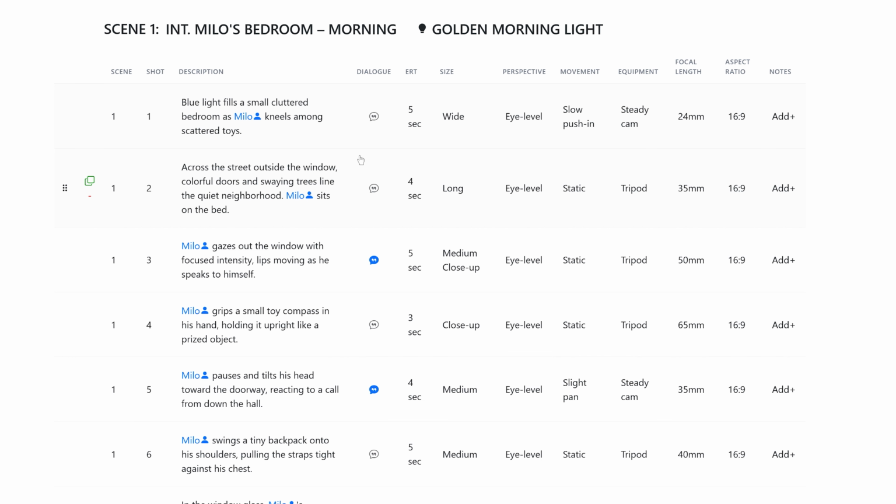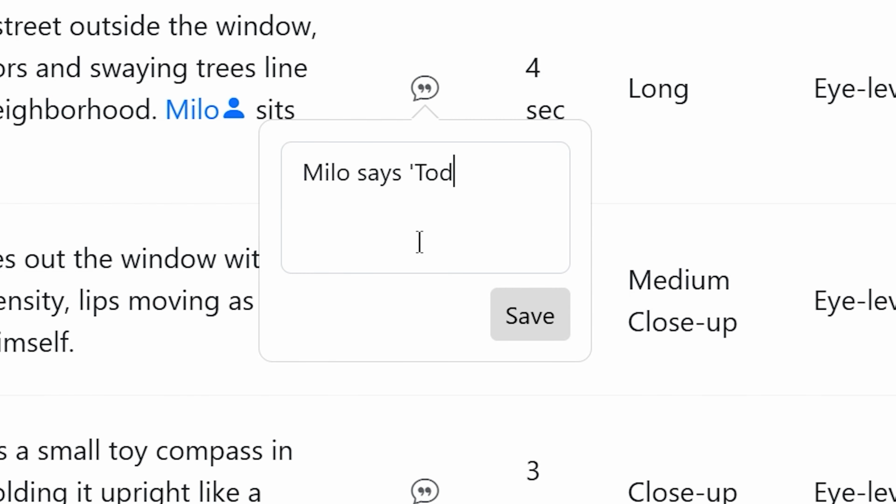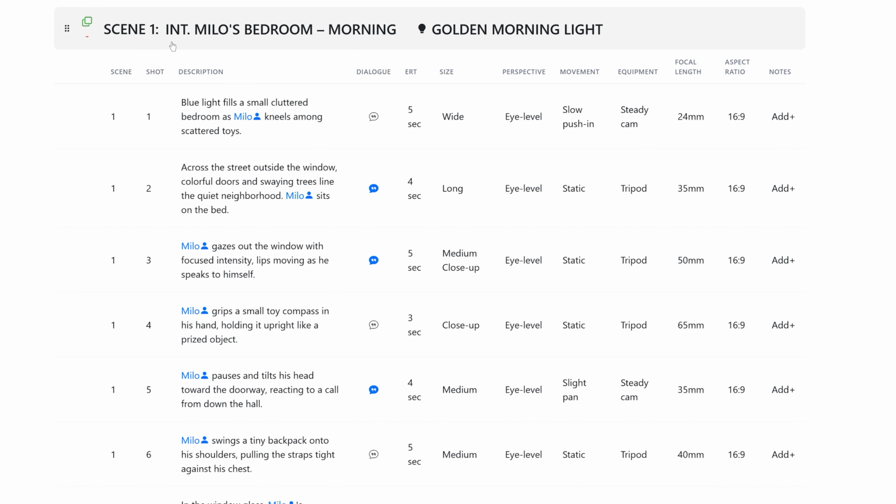You'll also notice a small dialog bubble icon. This lets you add dialogue or audio notes separately, which will also be used later if you decide to generate an animatic. All scene headings can be expanded as well, giving you the option to add extra details about your